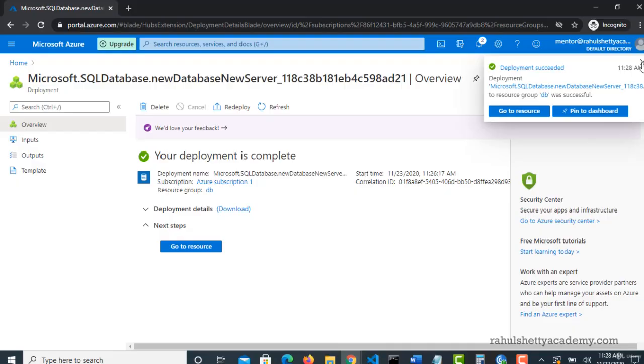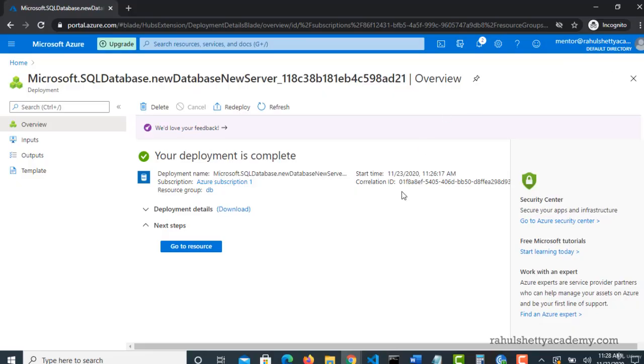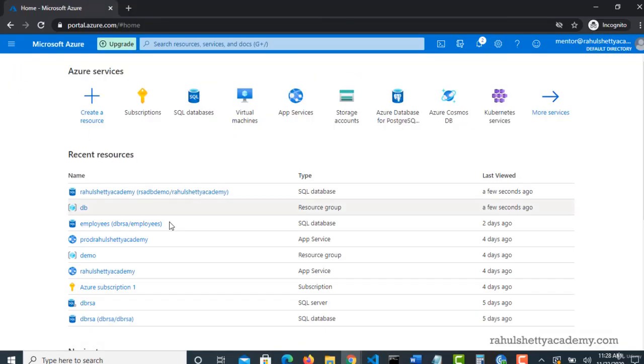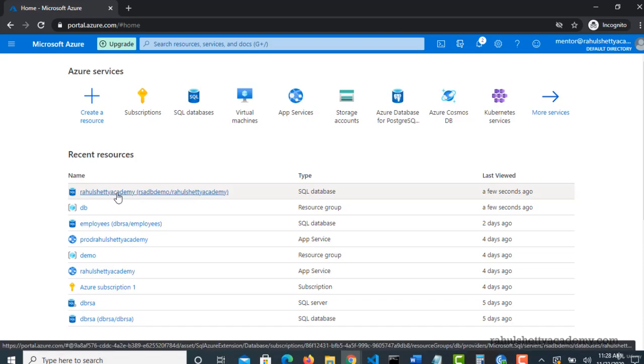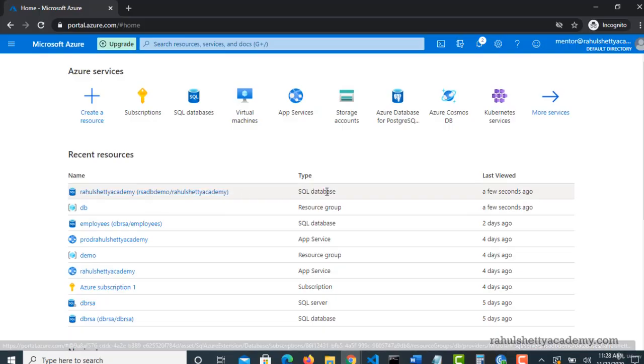Okay. So a SQL server can have multiple databases, right? We have created one database so that you can create new tables in that database. To create a database, you need one SQL server. That also we did. Now let's go back to the home page and you will see all the listed resources here. These are the two things we just created. This is our database, Rahul Shetty Academy's database, which is present in this RSA DB demo server. It's created for us. You can go inside it,